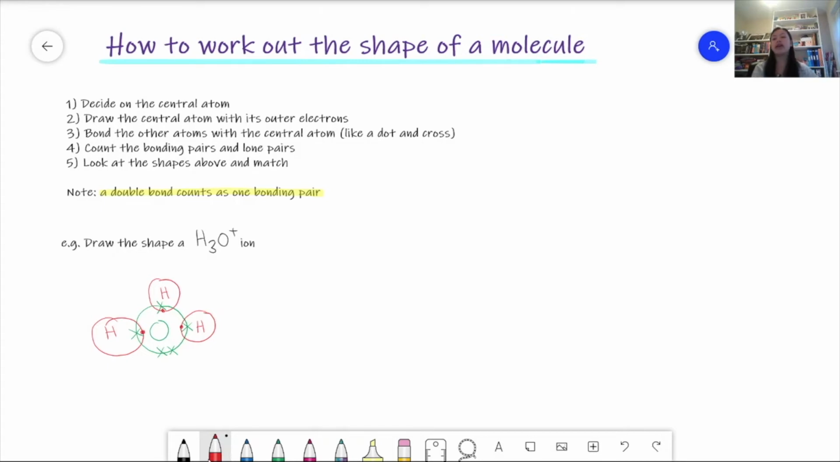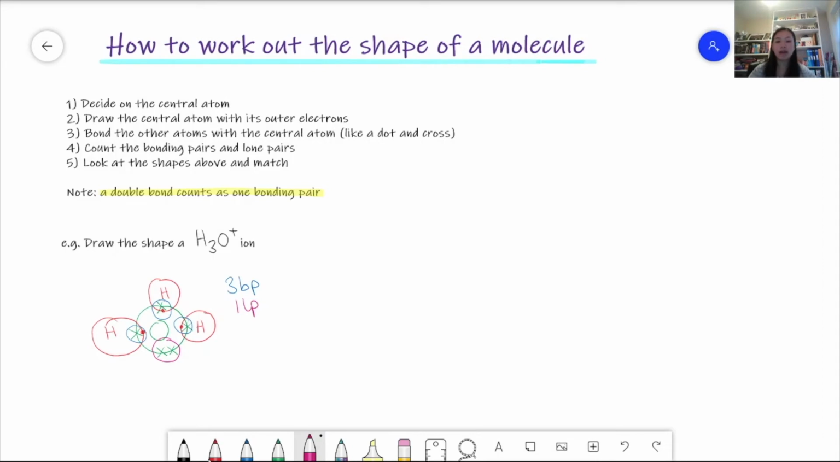Like that. And so now we've got the full dot and cross diagram. And now we just count the bonding pairs and lone pairs. So we've got 1, 2, 3 bonding pairs, and we've also got 1 lone pair. And if we have a look back at the shapes that we learned before, this actually corresponds to a trigonal